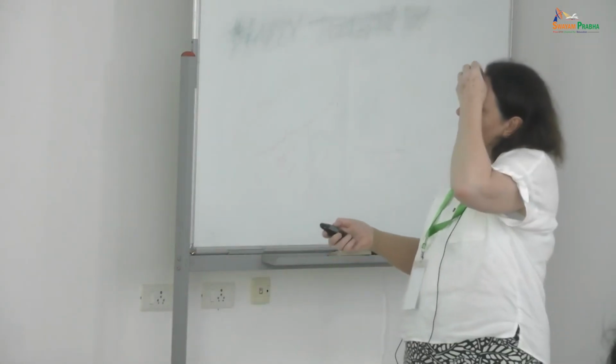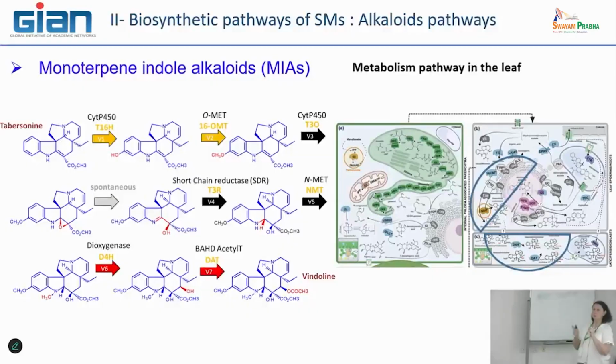We will see that mainly just to show you a part of the metabolic pathway. You now recognize the different enzymes that are involved: CYP monooxygenase 1, 2, I don't know if there is not a 2 here, one methyltransferase, very important, one SDR, one N-methyltransferase, and the last one is the acyltransferase that leads to the final product, vindoline, that afterwards, by another acyltransferase, is hemisynthesized with